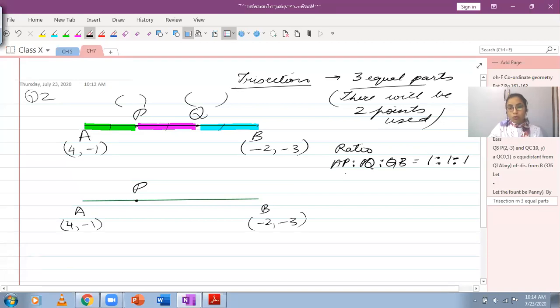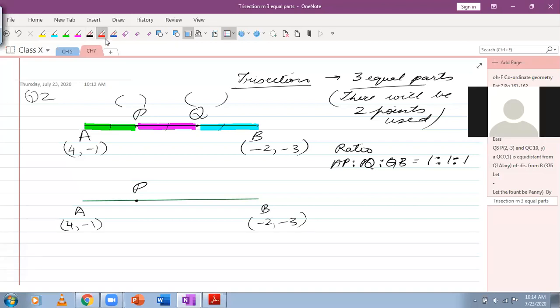Now we do not know how to work with a line segment which has been divided into three parts, rather three equal parts. We know how to work with a line segment which has been divided into two parts. So what we are doing is we are ignoring one point for the time being. Vanshara, do you have a question? No, ma'am, it was the right answer.